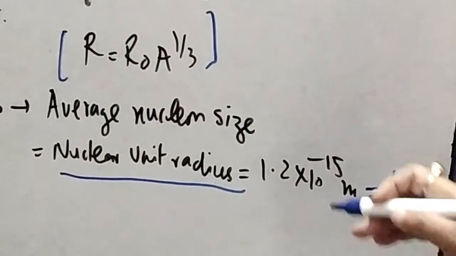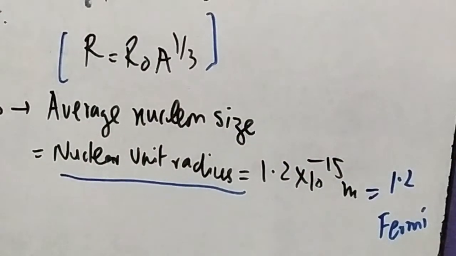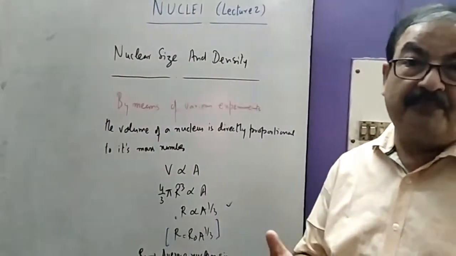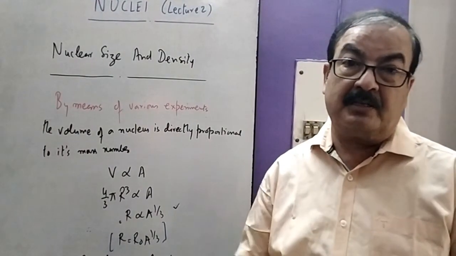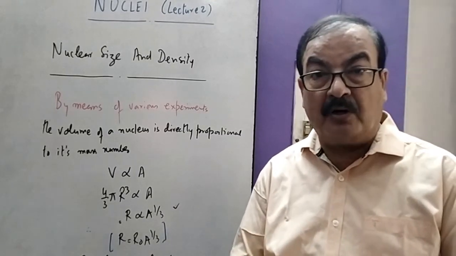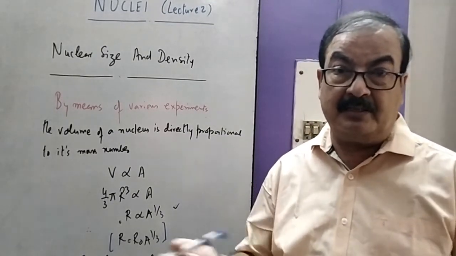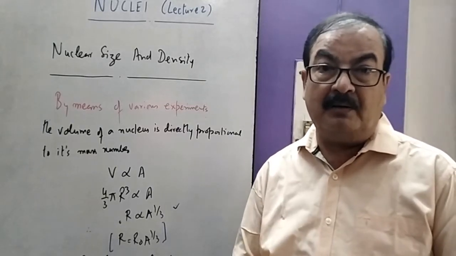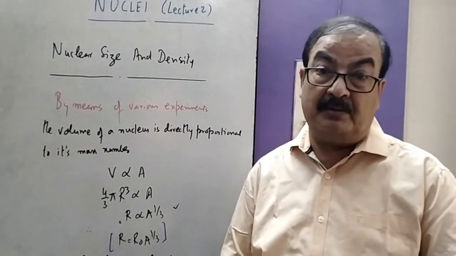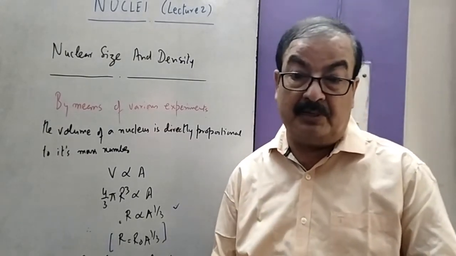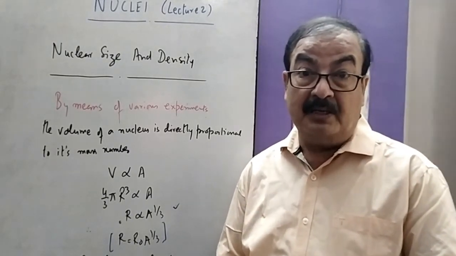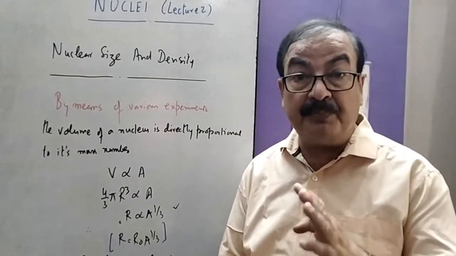It is the order of the nucleus, and in that way we have seen that the size of the nucleus is taken to be in the order of Fermi, whereas the size of the atom was discovered to be of the order of Angstrom, 10^-10 meter, and this is the gap between the two. The atom is much larger, around 10^5 times larger, because its radius is around 10^-10 meter, and here it is of order 10^-15 meter.